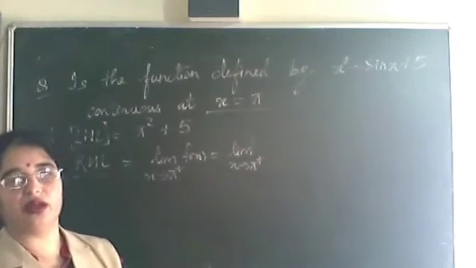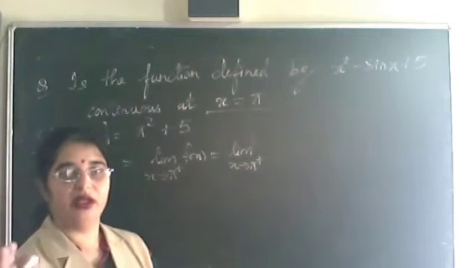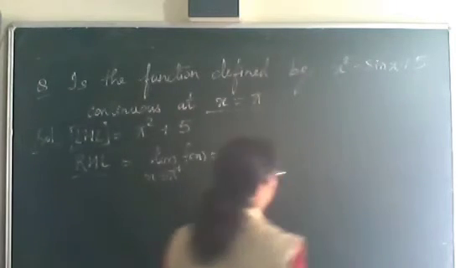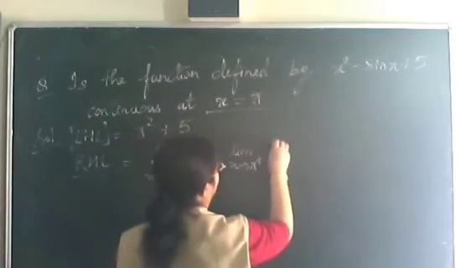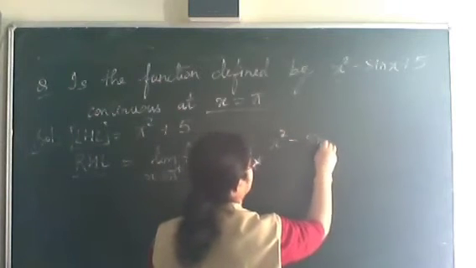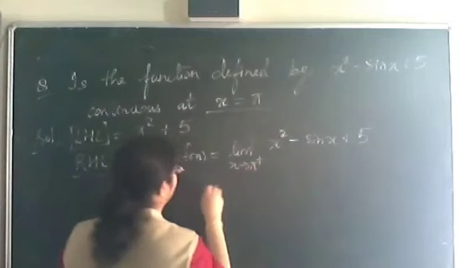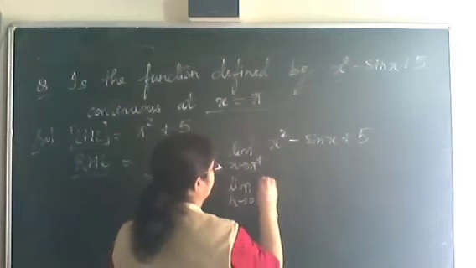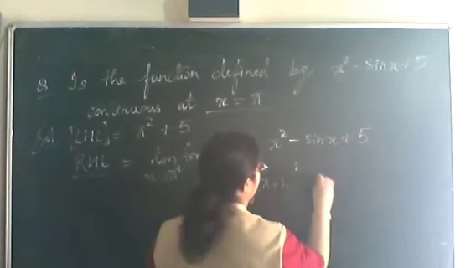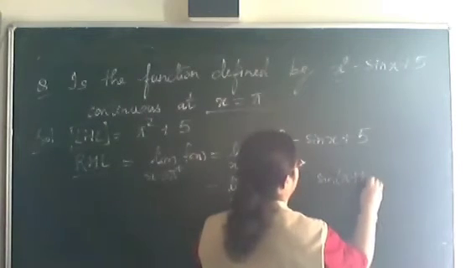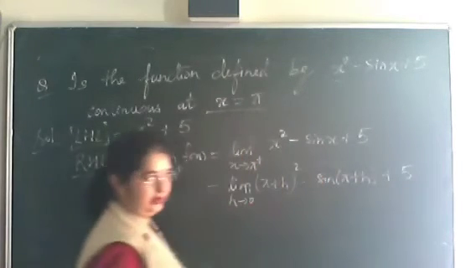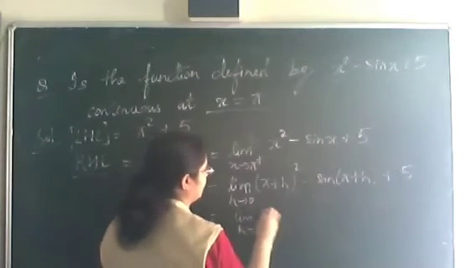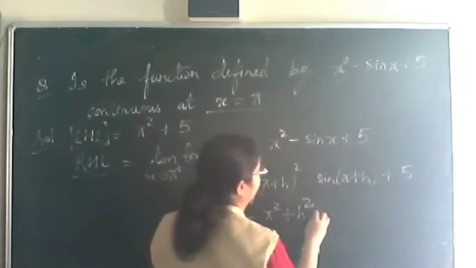Whether it is less than pi, greater than pi or equal to pi, the function is the same. We are having the same function. Clear? So we'll take this function only, so don't get confused. x square minus sine x plus 5. Now put x equal to pi plus h, with limit h tending to 0. x will be written as pi plus h whole square minus sine of pi plus h plus 5. Clear? Now you will write, again limit h tending to 0, pi square plus h square minus,